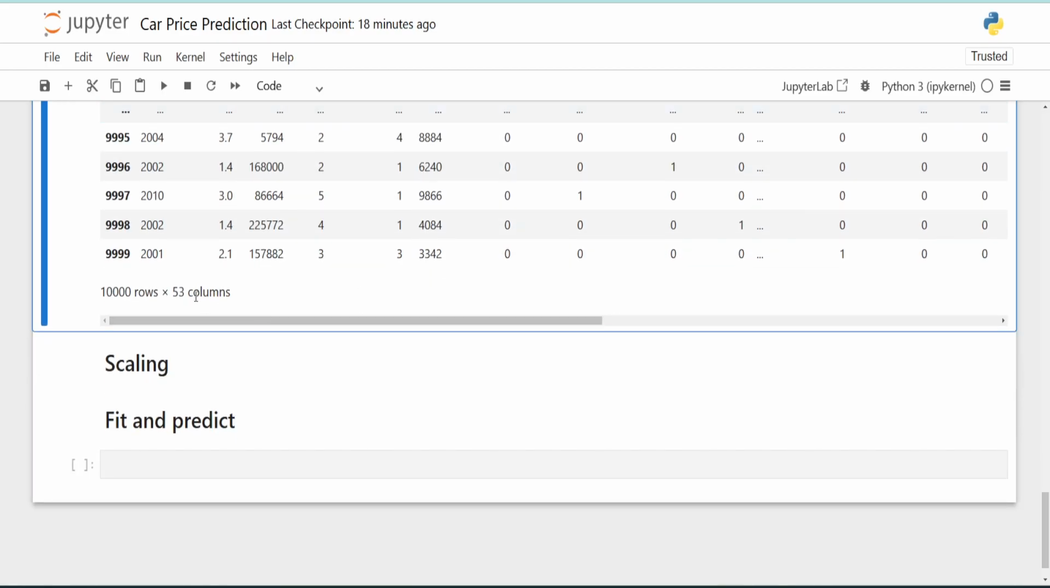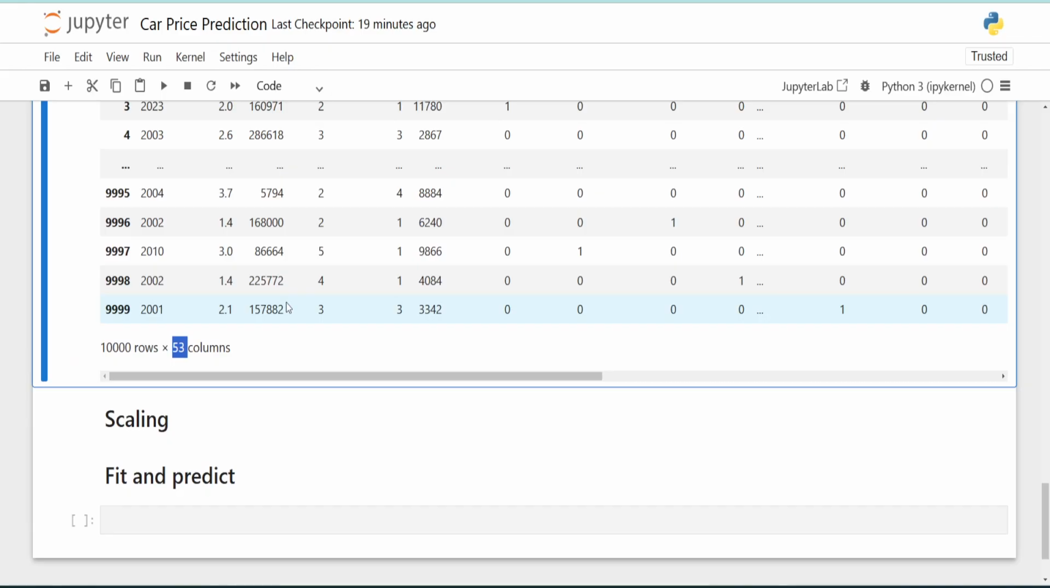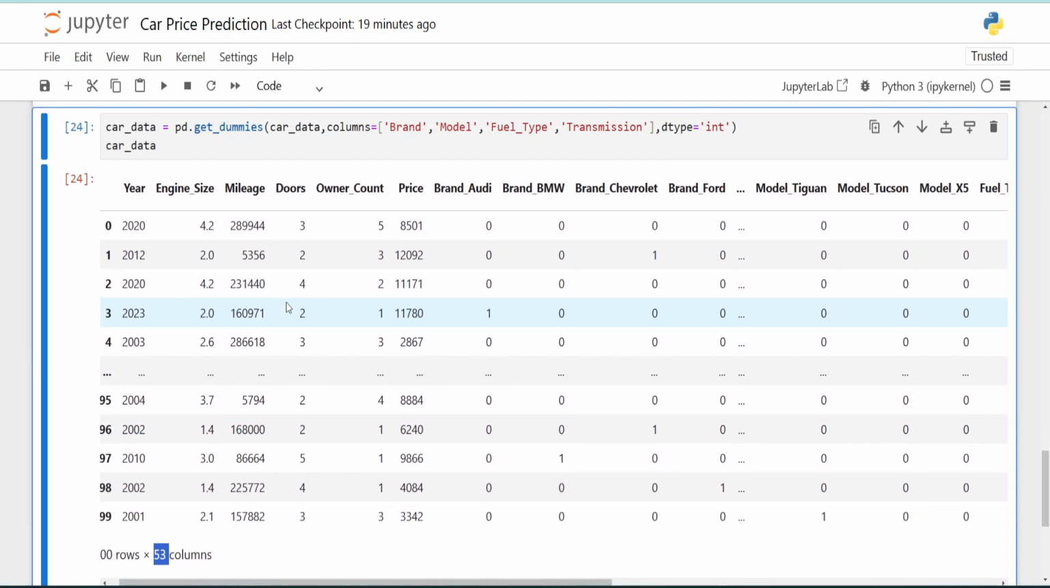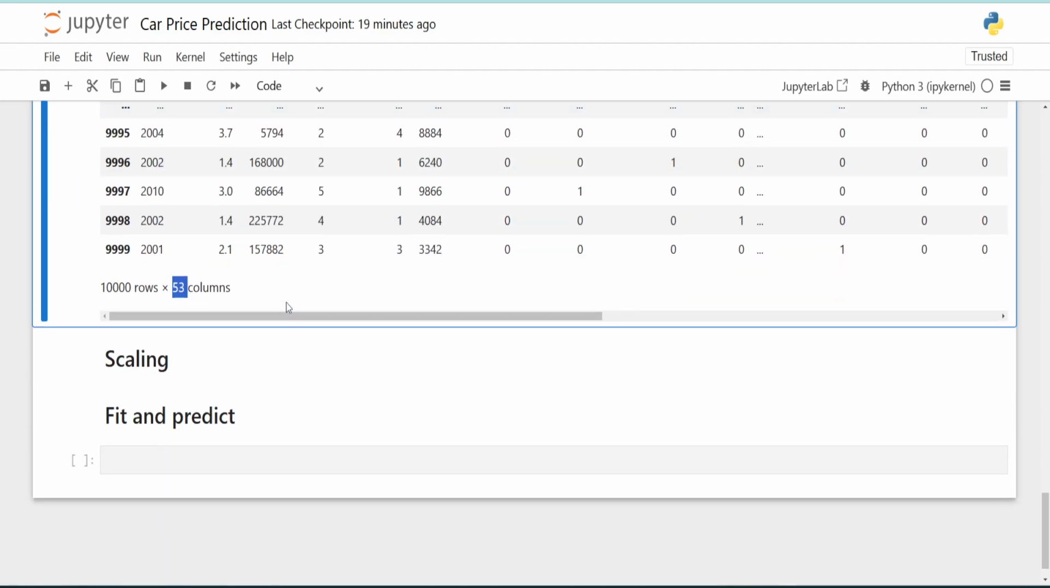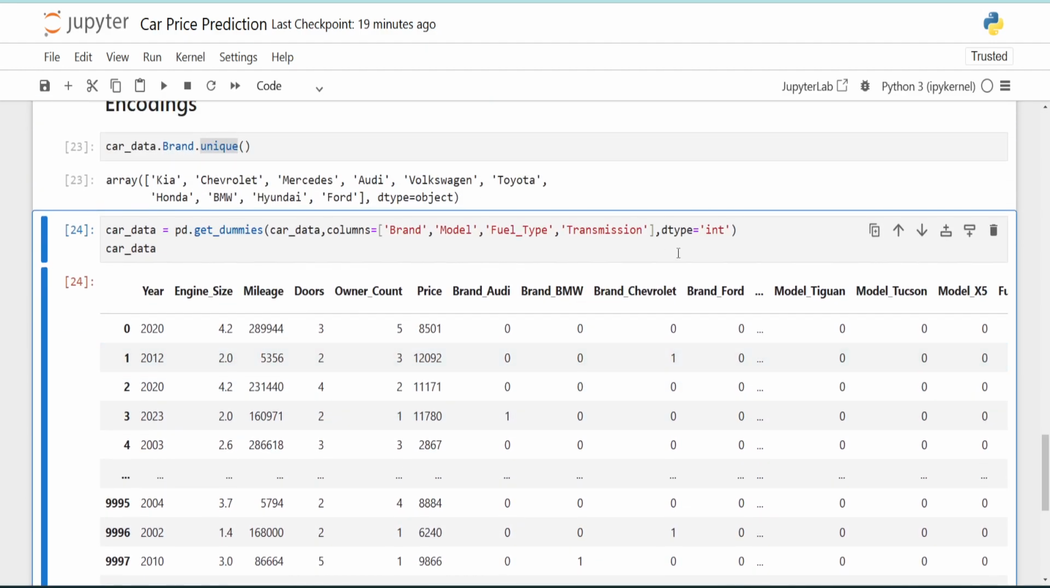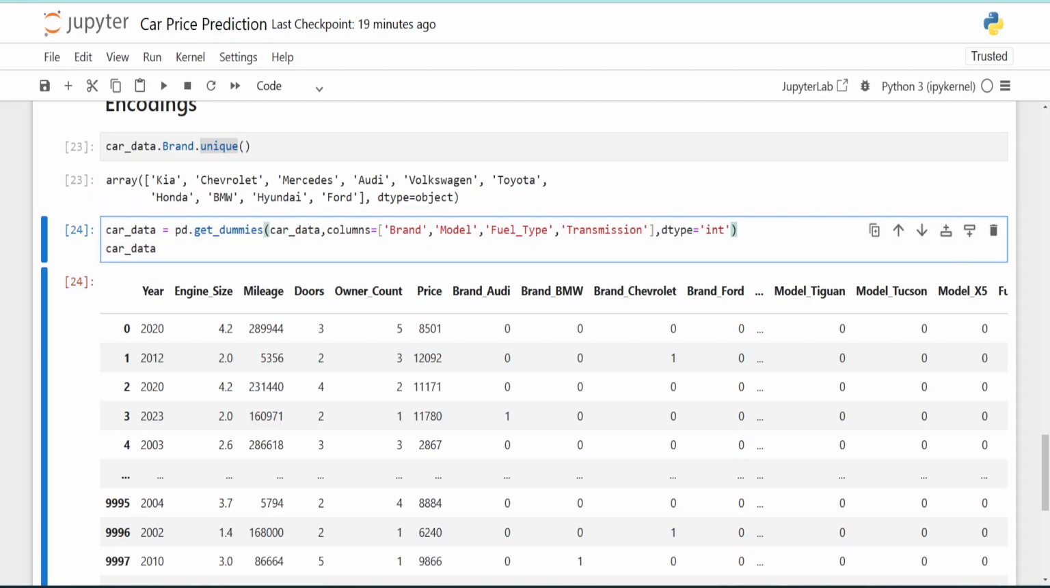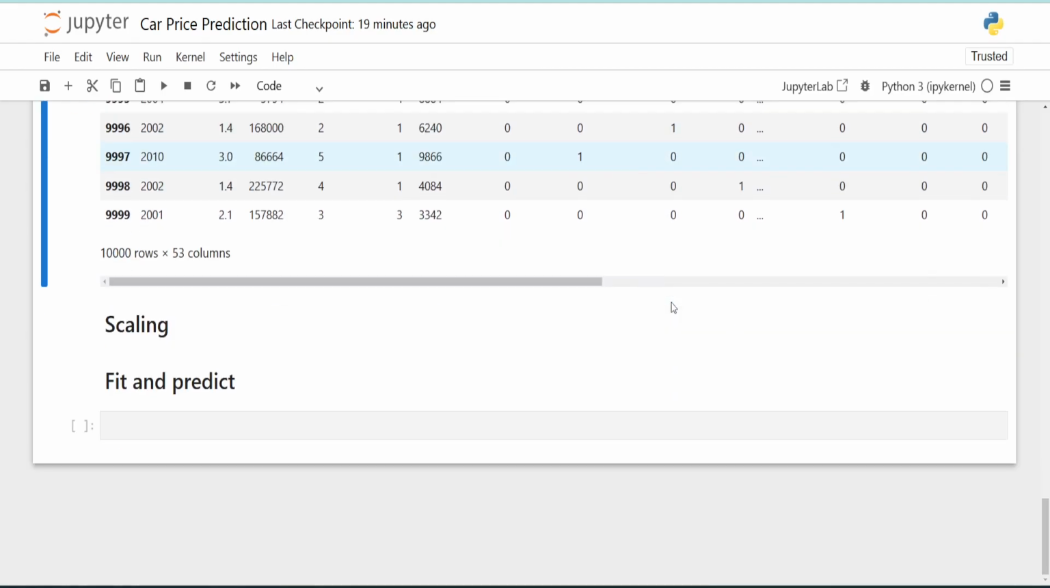If you look at the shape here, it's now 53 columns. So from 10 it went to 53, so we have increased 43 columns, which is not a major concern for me at this point of time, because we'll see how it goes as we go further, if our model is performing well or not. And then we should use the scaling part, right? So before the scaling part,